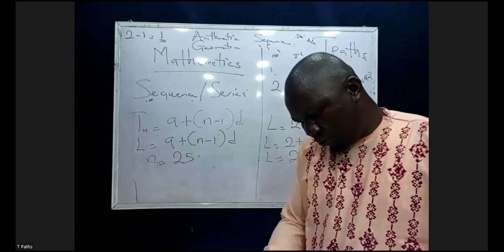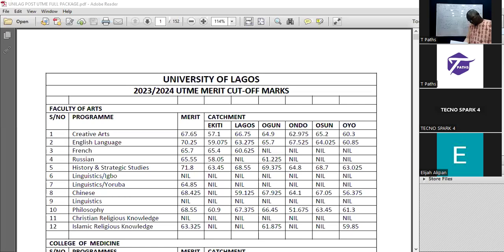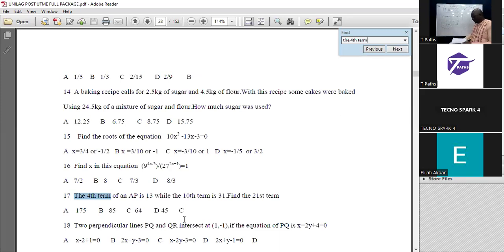Let's go to year 2010, 2011, number 17. The question says to us that we are clear with this. We need this formula. The fourth term of an AP is 13, while the 10th term is 31. Find the 21st term. Good. Now, you're not given the common difference. Therefore, they give you